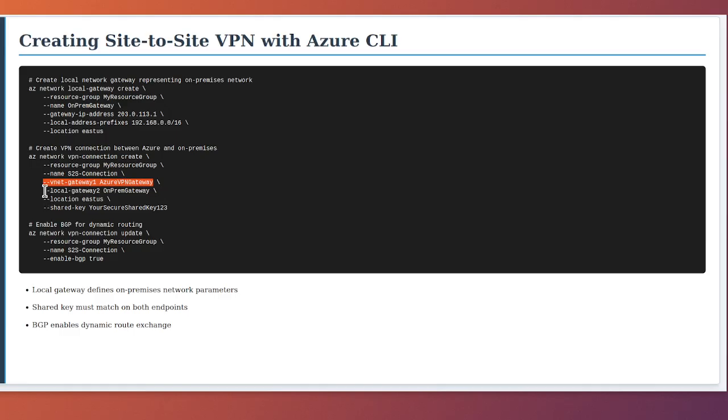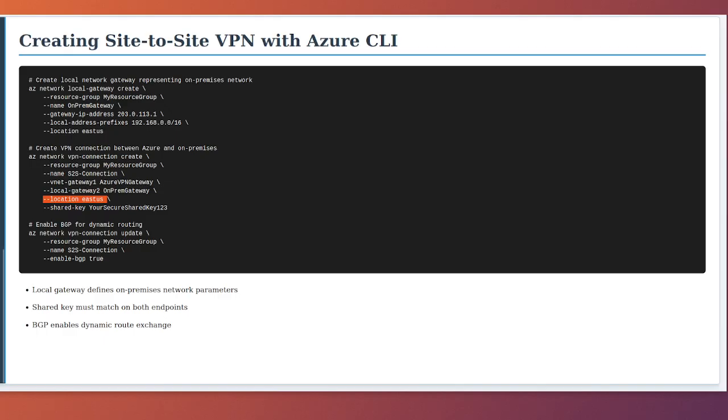The local-gateway2 parameter references the local network gateway we just created, on-prem-gateway. The location parameter specifies East US. The shared key parameter is the pre-shared key that must match exactly on both the Azure side and your on-premises